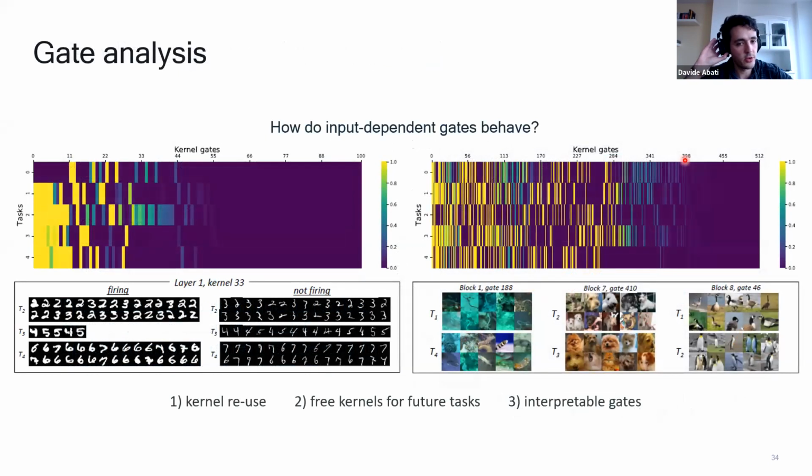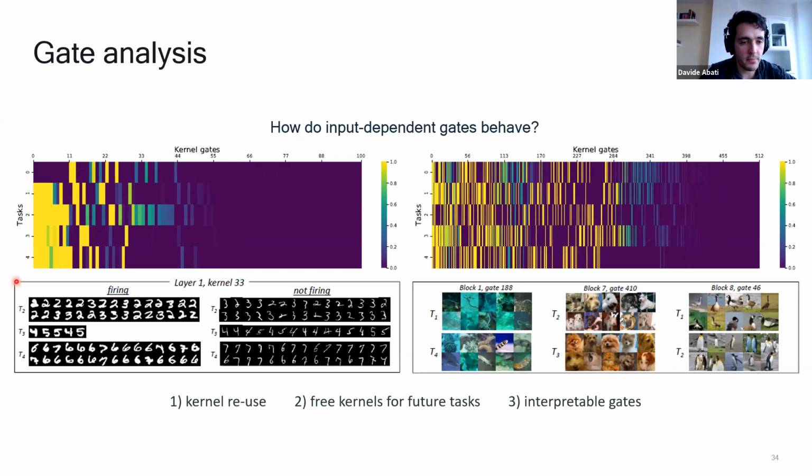All right, so the final slide about my model is just a visualization of how the gates behave. What you see here are two different layers, on the left for the MNIST model, on the right for the ImageNet 50 model.